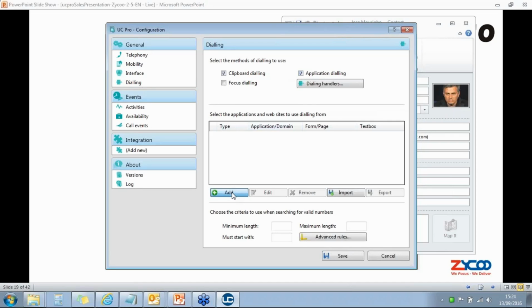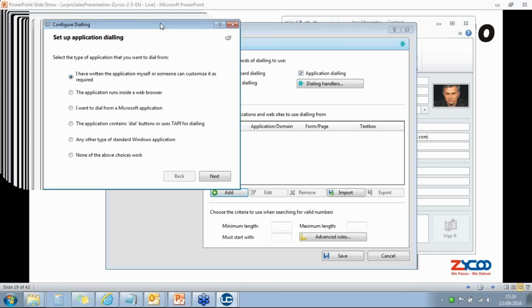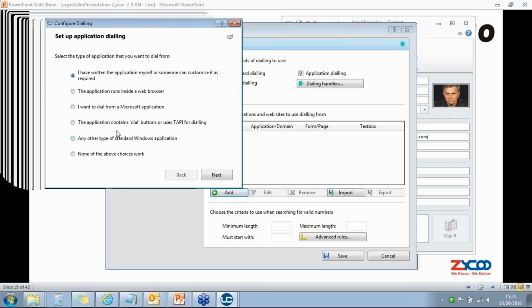So you click on the Add button, a little dialog pops up, and says, okay, well, what kind of application is it that you want to do this dialing from? Is it a web-based application? Is it a Microsoft application? Does it run in a browser? In this particular case, I'm going to use the any other type of standard Windows application. That one works quite well. And what you'll find when I click that